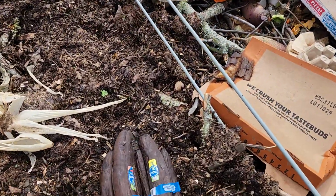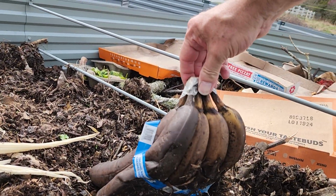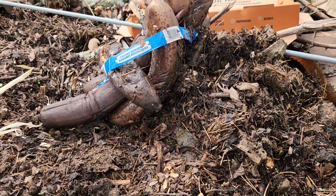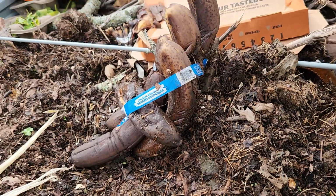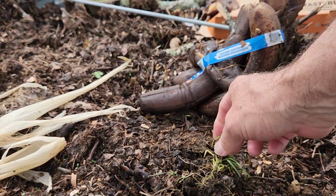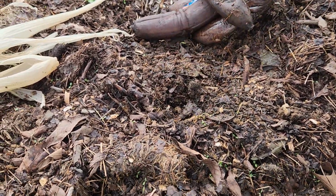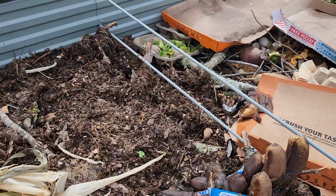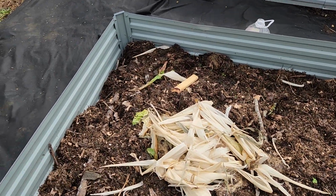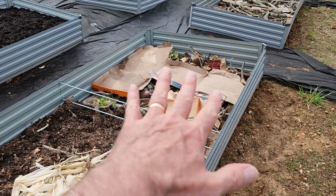When your bananas go bad, you just gotta chunk them. But don't throw them away. Bring them out here. Put them in the compost. Yeah, little buggies are all over them. And you don't want grass growing in there, so get your grass out and throw it to the side. All right. I will be putting another layer or two on top of this after I fill it in